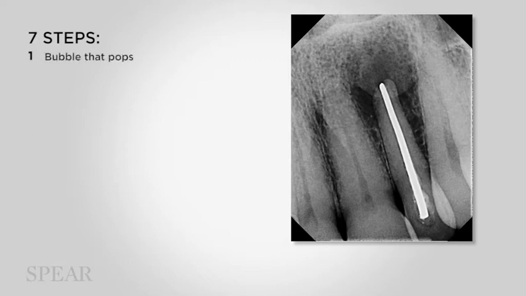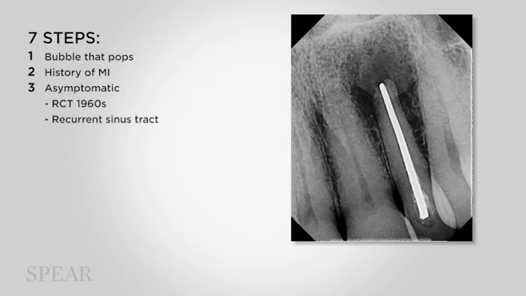of a bubble that pops from time to time in the gum. They point to the area of the infection, and this patient unfortunately has a history of myocardial infarction. And their dental history shows an asymptomatic area. By that I mean no sense of major pain that happens spontaneously or anything like that. They know historically a history of treatment performed, that they've had a root canal done in this area back in the 1960s when they were very young, and that this sinus tract has been taking place, coming on and on